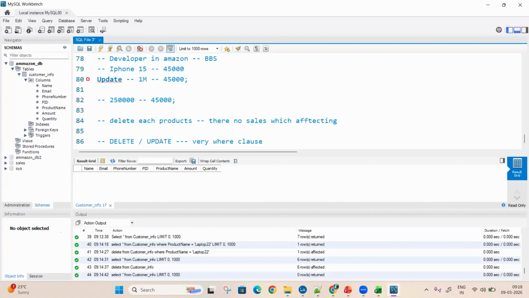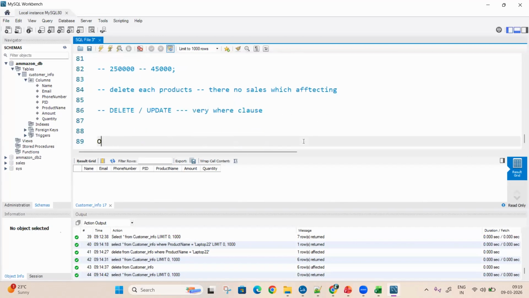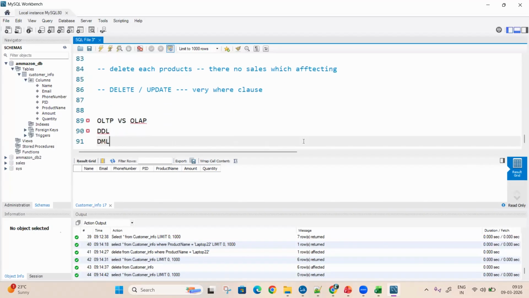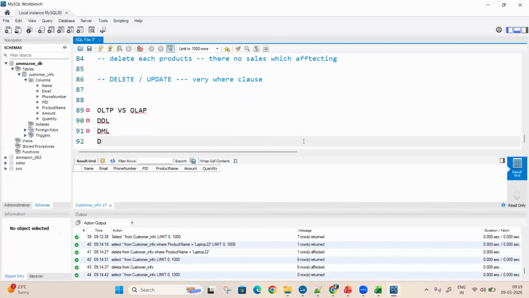Okay. Now, today we have seen OLTP systems versus OLAP systems. Then we saw DDL commands. Then we saw DML commands and a little bit of DQL commands. When we come back tomorrow, we'll be continuing with a few more advanced topics so that you